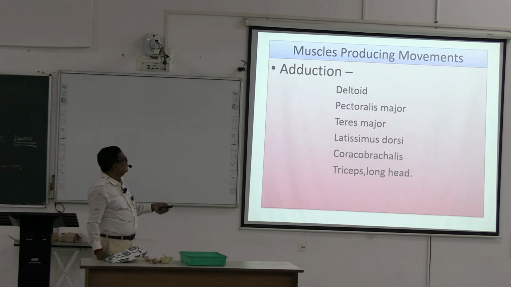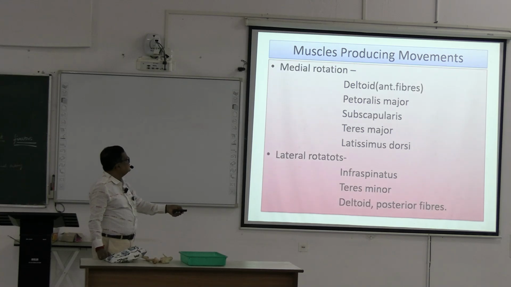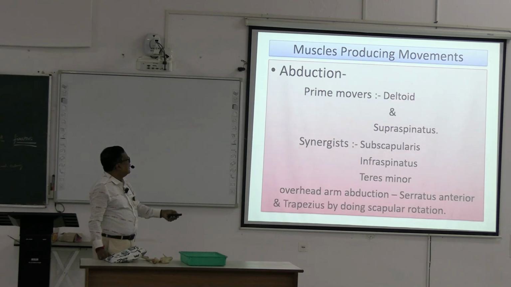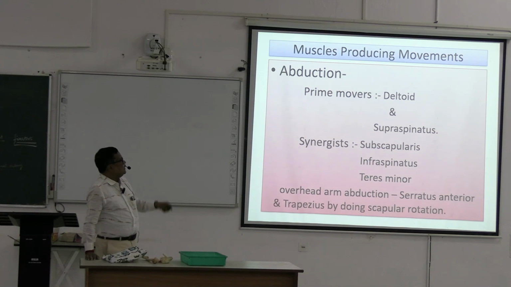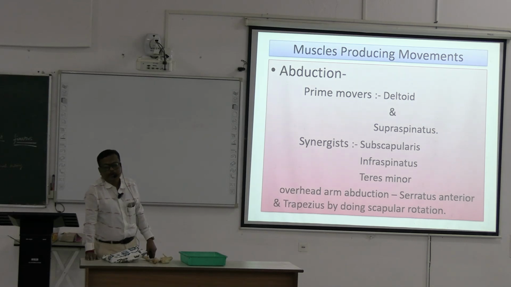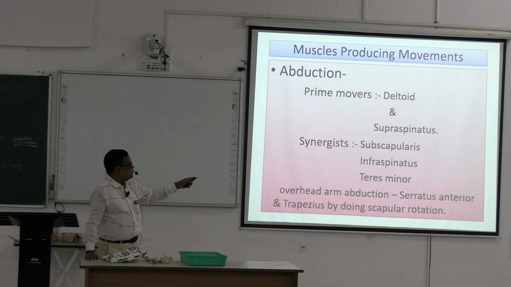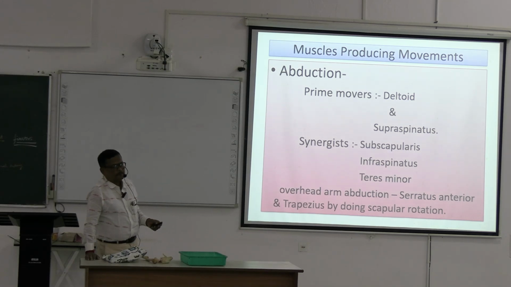অ্যাবডাকশনটা পরে আসছে। আচ্ছা, বলেই নেই, অ্যাবডাকশন, প্রাইম মুভার্স, এটা ডিটেলিং লাগবে, প্রায় আধ ঘন্টা লাগবে। ডেলটয়েড অ্যান্ড সুপ্রাস্পাইনাটাস, সাইনার্জিস্ট, এই যে বলেছিলাম, সাইনার্জিস্ট, সাবস্ক্যাপুলারিস, infraspinatus and teres minor. Overhead arm abduction also held by serratus anterior and trapezius. মুখস্থ করে নিতে হবে, কিছু করার নেই।